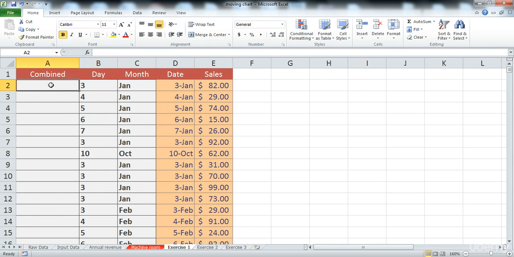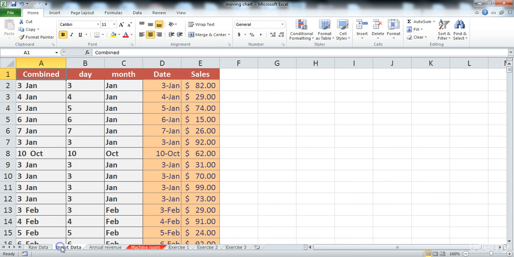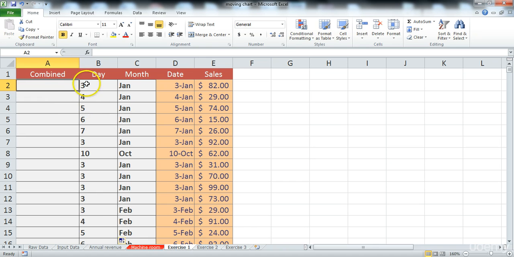And now we need to combine the formulas. So how do we do this? Probably you just already saw a formula, so that's very easy. So first of all, what we want, if we look at here, let's go back to input data, we want January, we want first the 3 and then January. So what we do is equal